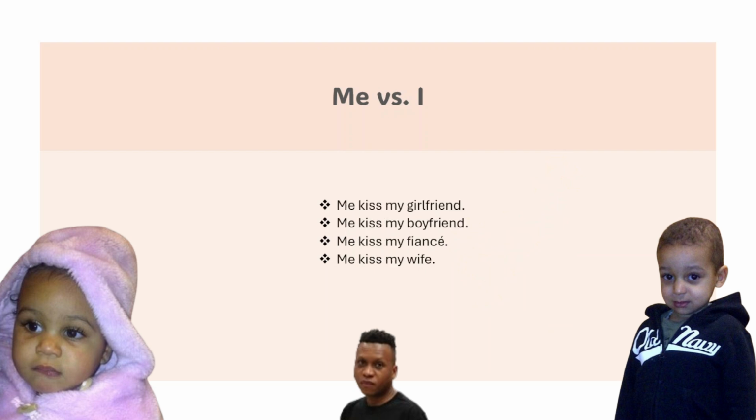Come here. Me kiss my girlfriend. Me kiss my boyfriend. Me kiss my fiance. Me kiss my wife. Wrong. Okay? You don't need to use this. Wrong. You use this one, okay? This one is wrong. So you say,